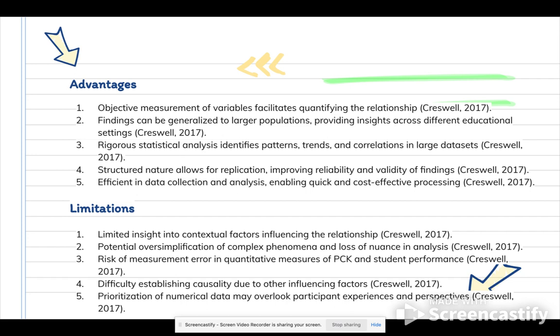So in order to combat the limitations of correlational analysis, there also needs to be a further exploration of the variables that incorporates the experience of the participants who are participating in the study. And that could be remedied with the use of some qualitative data analysis, such as observations or interviews with the participants.